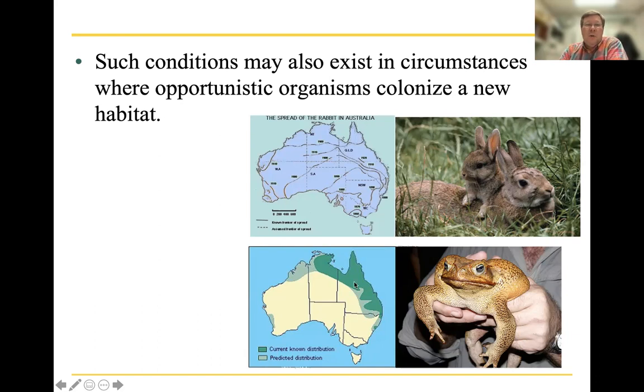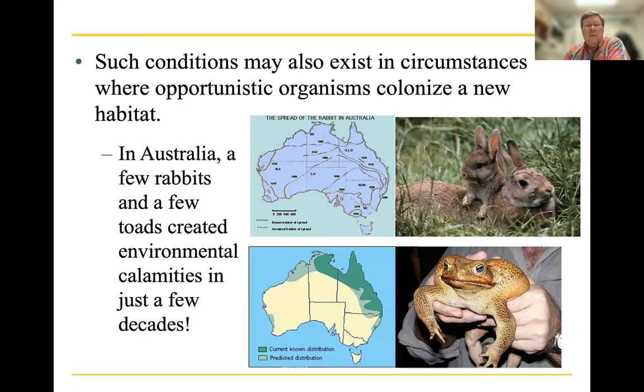Same kind of thing with the toads down here. This is a pretty nice, hefty toad. And toads are native to South America, these kinds of toads, and they were introduced in Australia. And the reason why they were introduced is because Australia was in the process of testing out different crops, and sugarcane was one of them. Sugarcane pests exist, and these toads eat some of these. So they thought, well, we'll bring the toads in as a sort of natural controlling agency, natural pest control, but